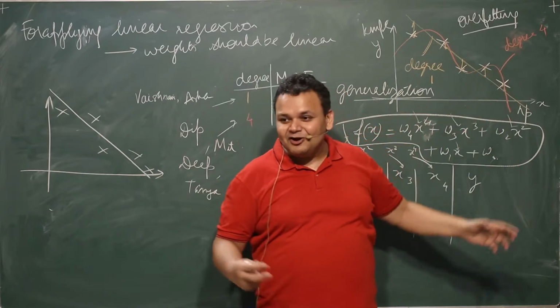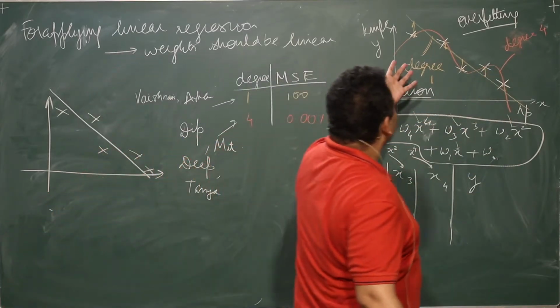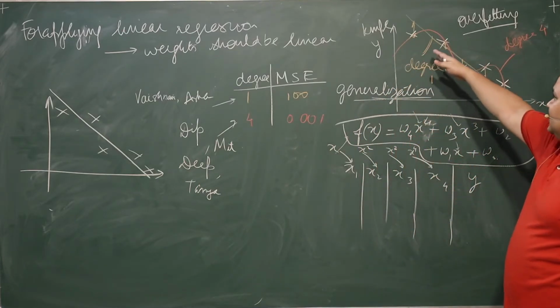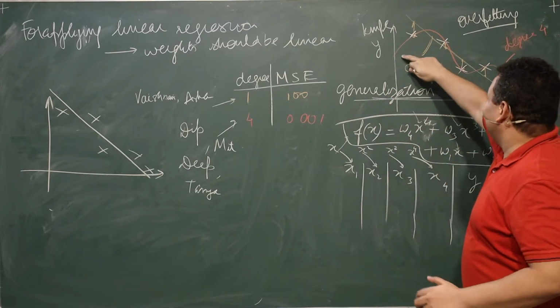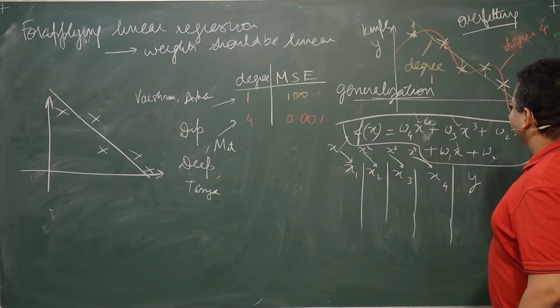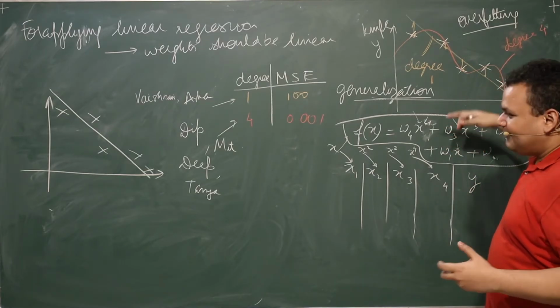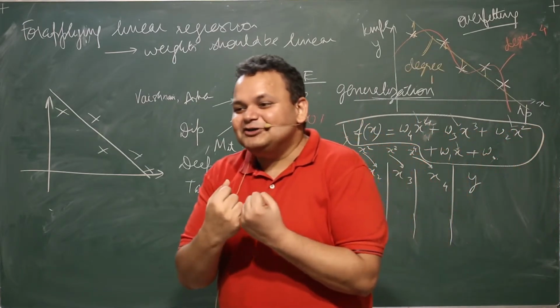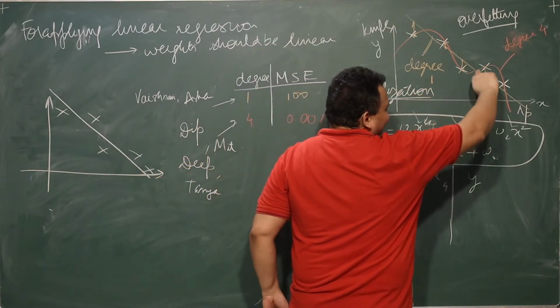What are we doing here? In this case, we are not even thinking about the data point which might come. We are trying to fit it as well as possible, but we are not thinking that we are going to see a data point in the future that may not be explained by this.